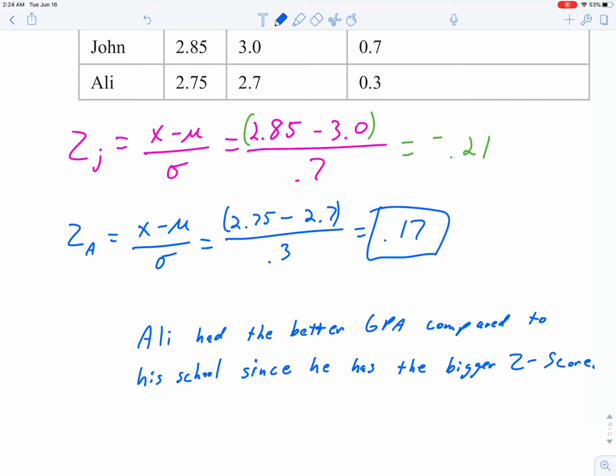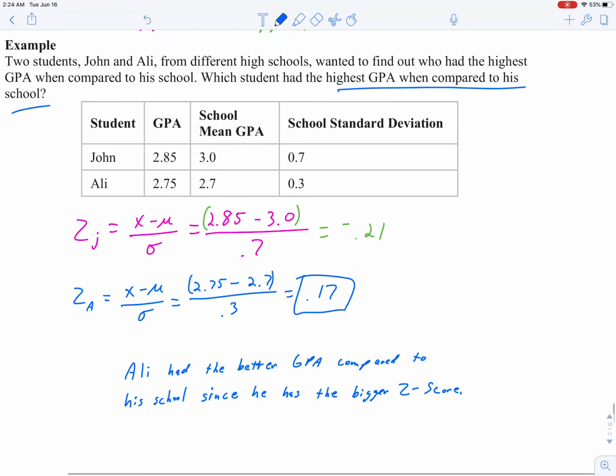Okay, that's the reason. A bigger z-score. Positive 0.17 is a bigger number than negative 0.21. Okay, all right, and there we go. So that's the end of chapter